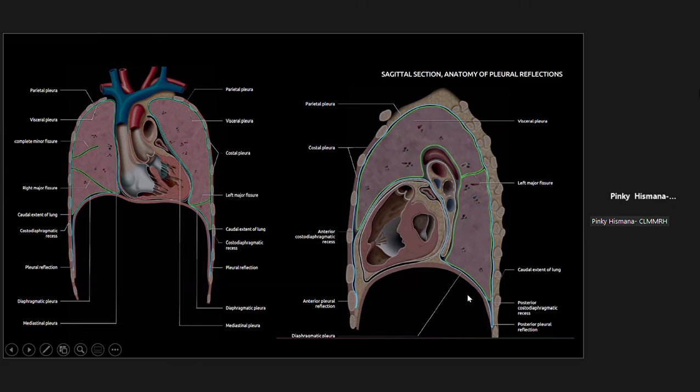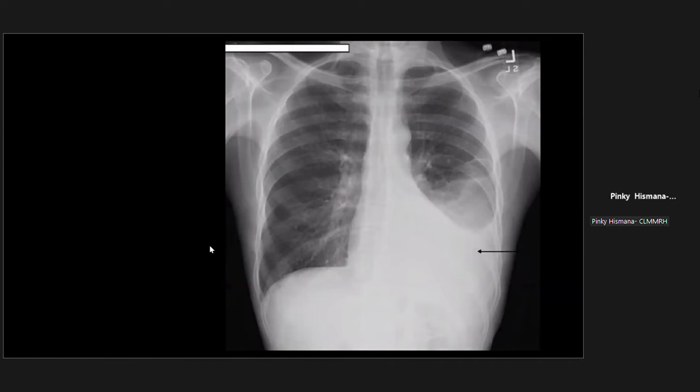This one is actually a sagittal image of your thoracic cage. And if you notice, you have a potential space here, which actually corresponds to your posterior costophrenic angle. And this one actually corresponds to your anterior costophrenic angle. So, as I've said, we have to discuss the pleura and pleural space because there are quite a number of common conditions which are located within your pleural space. And one of which is very common is